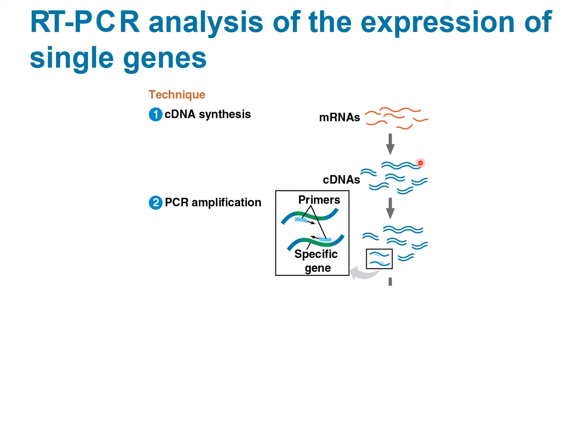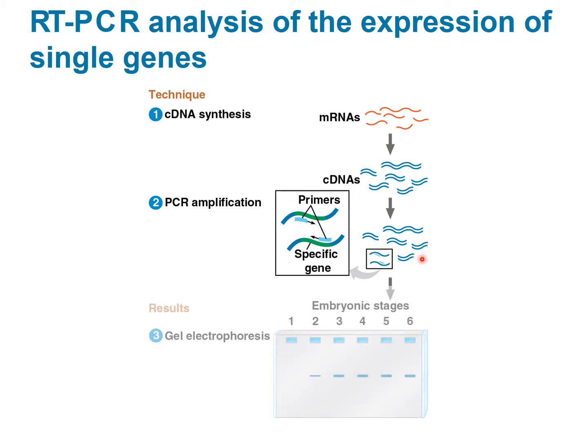You're going to have DNA polymerase, and reverse transcriptase is the enzyme that actually does it. Reverse transcriptase is an enzyme that uses messenger RNA as a template to make DNA, and in this case, it's called cDNA. You have your primers, you have the nucleotides, and then it produces these cDNAs. And then the DNA is going to be copied. So now we have double-stranded DNA, and then you can run it on a gel electrophoresis,